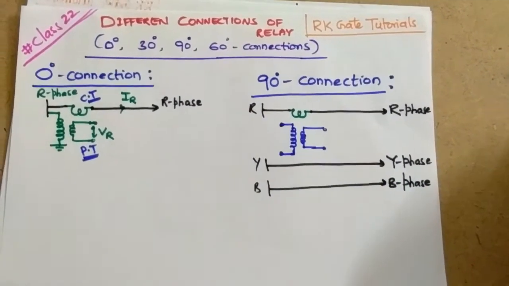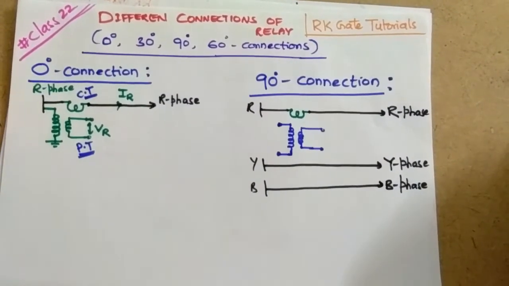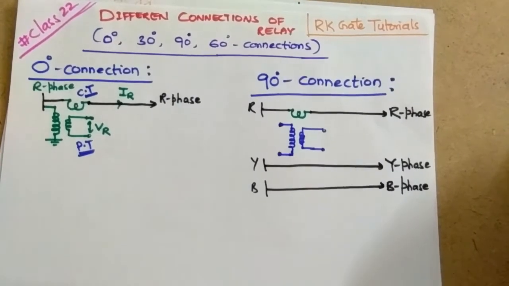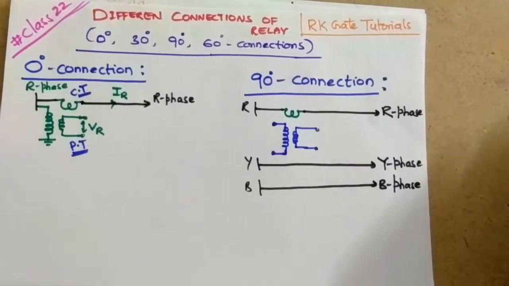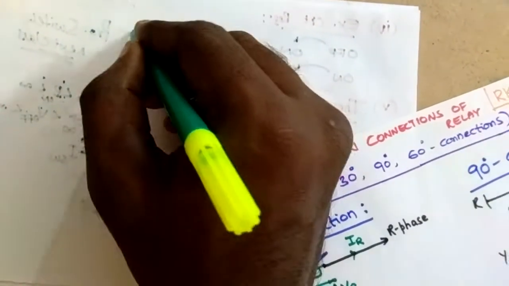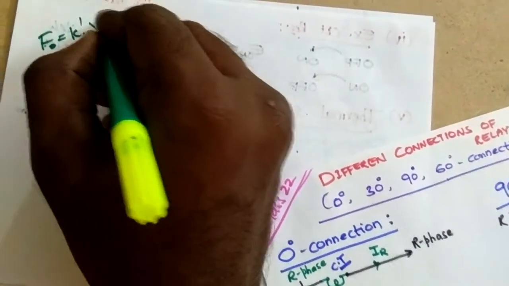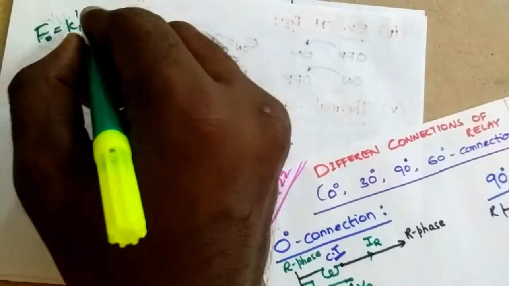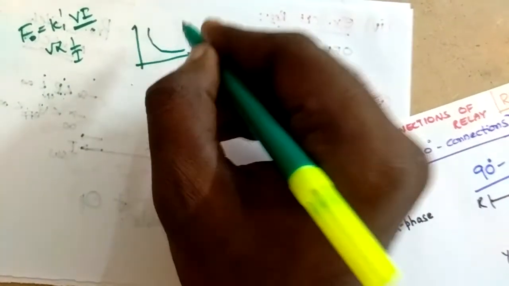Before that, in the previous class we have studied about the watt-hour type relay, which is a directional relay, both senses the magnitude as well as the direction, and it has a drawback of dead zone, which cannot sense the fault when there is a dead zone. Let me explain here. These are the inverse characteristics. We have derived that F naught is equal to K1 dash VI. If you plot the characteristics, V is inversely proportional to I, so it will be an inverse characteristic.